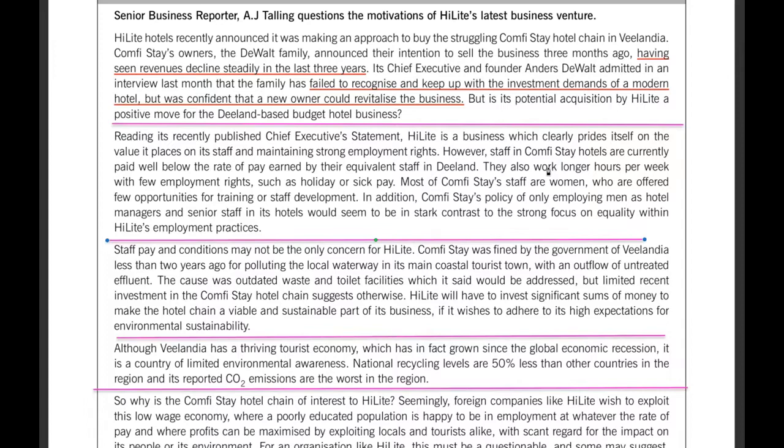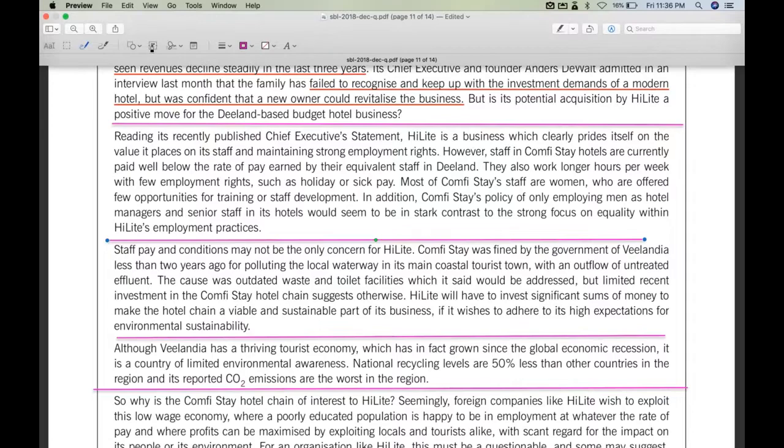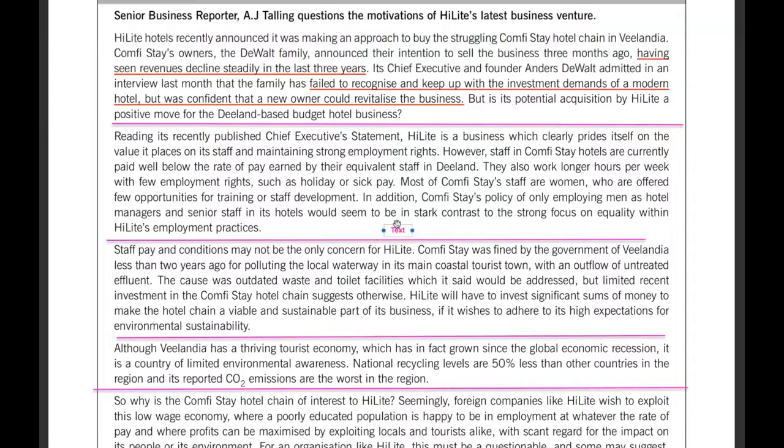In addition, Country's policy of only employing men as hotel managers and senior staff in its hotels would actually seem to be in stark contrast to the strong focus on equality within Highlight's employment practices. So basically, what this particular news is highlighting on this issue is the contrasting principles between Comfy and Highlight. So because of that particular reason, when you talk about that acquisition just now,